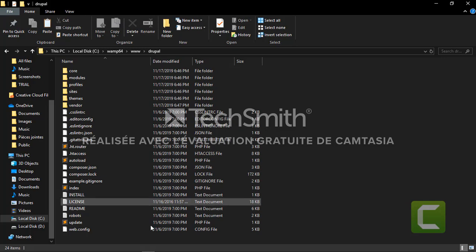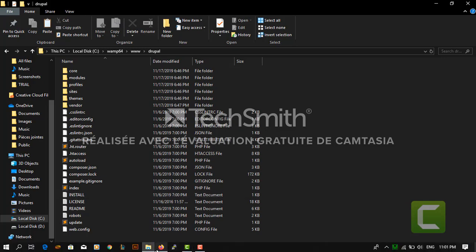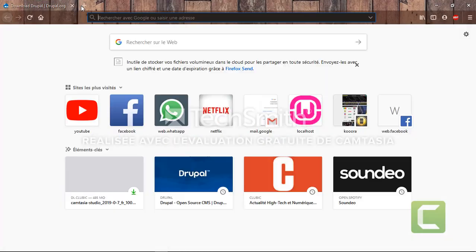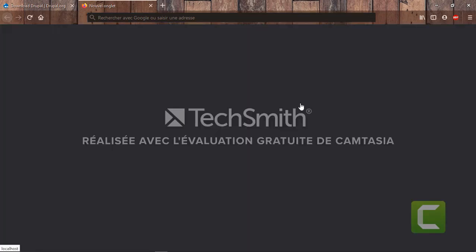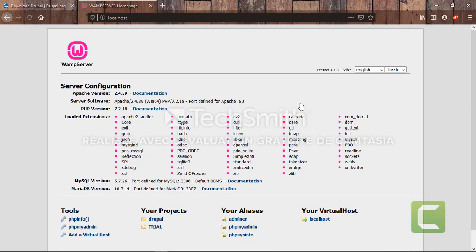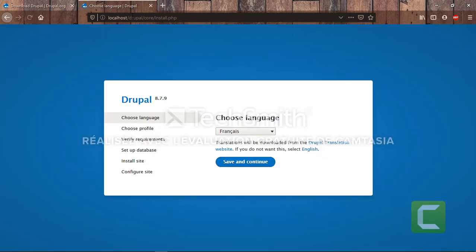So here we are. The copy is done, and now I have to go to my localhost. In my localhost I will go to the folder I've created, which is called drupal, and once I open it, it will take me to the steps of the installation of Drupal.